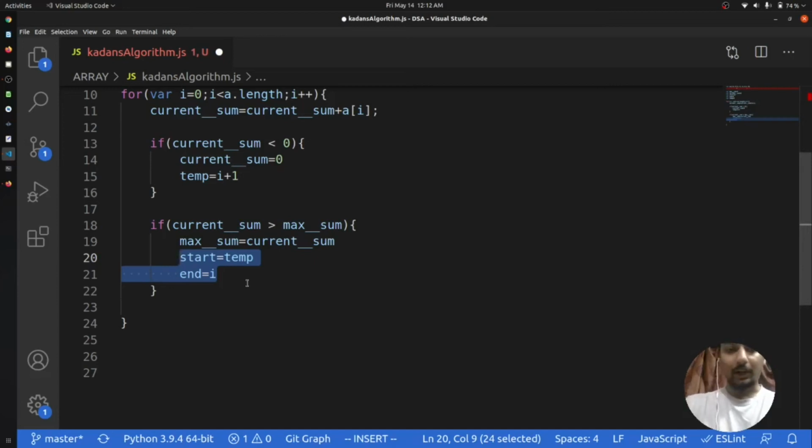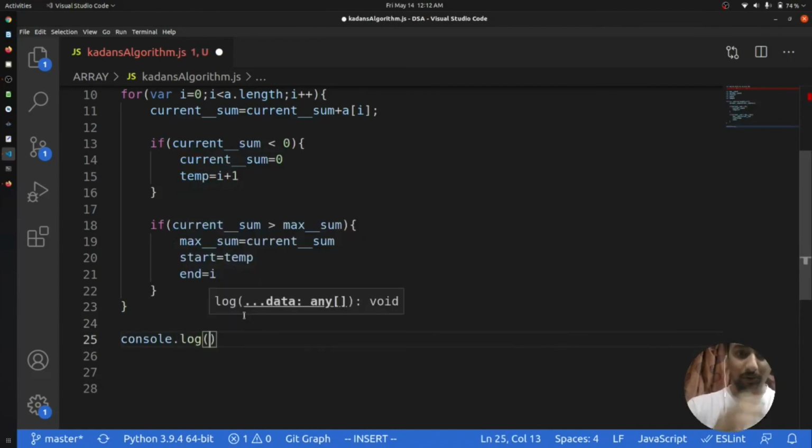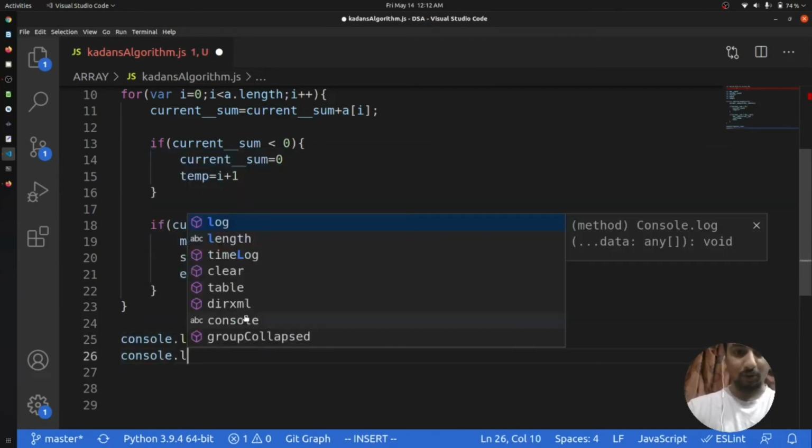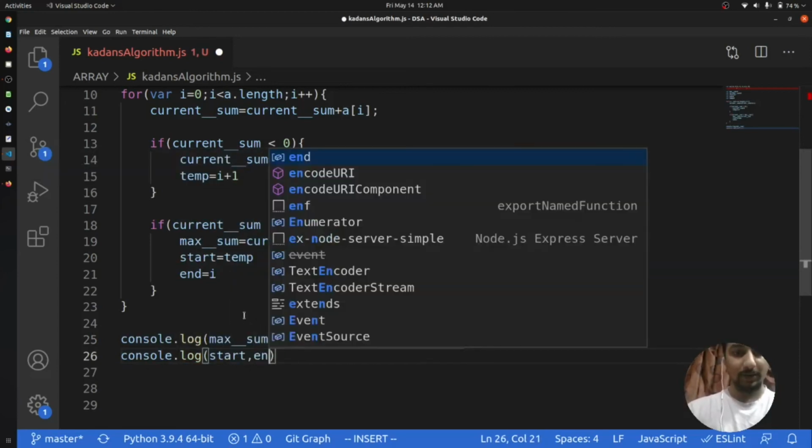Okay, and now let's print the output. console dot log, and the output will be max sum, and another console dot log for start and end point.